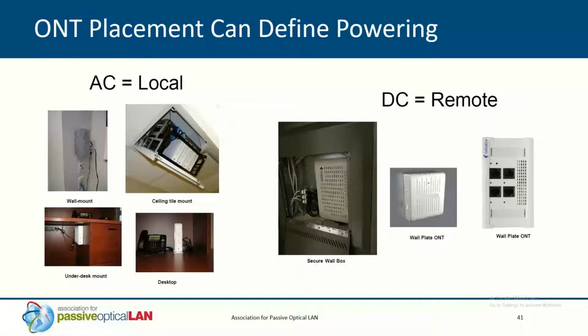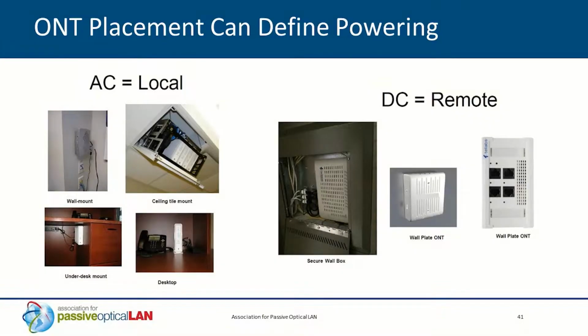And as I said, when we talk about local power, we typically mean AC, and then remote power, we typically mean DC. Not always the case, but where you see those examples, like in a ceiling enclosure, we looked at it as a place you can do AC power because the cord or the wall wart is hidden, so it's not something that you would consider aesthetically not pleasing.